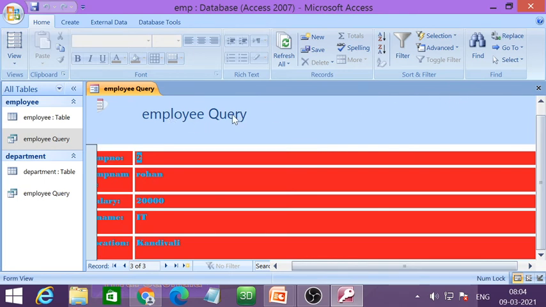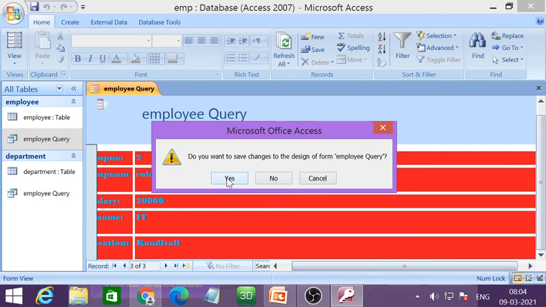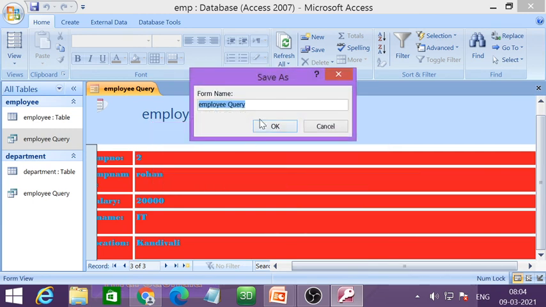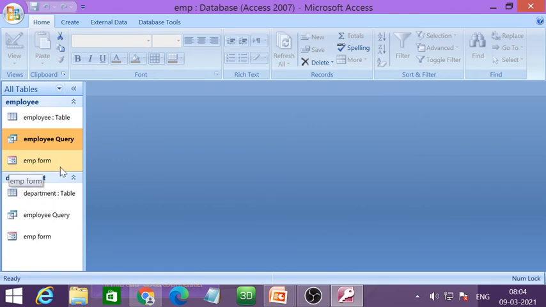Now again we will save this form. Click on small cross. Yes, this is our EMP form. Click on OK. Form is ready.